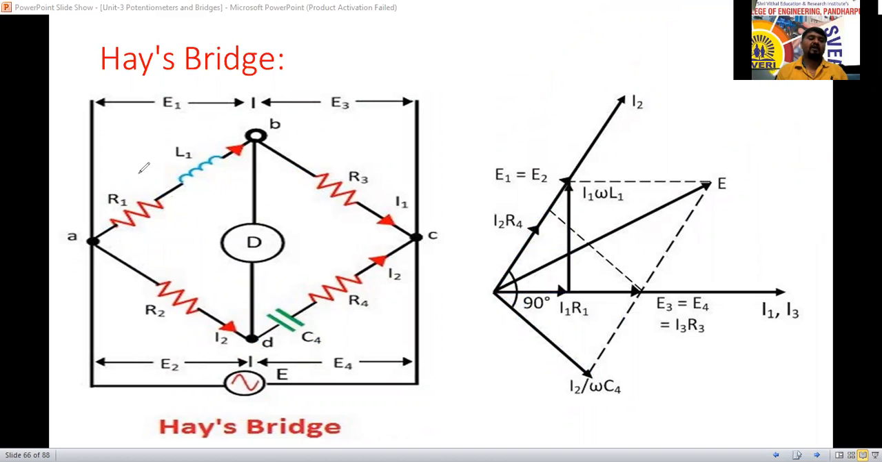We have to write the equation for the balanced condition. We know that Z1 Z4 equal to Z2 Z3. Z1 Z4 equal to Z2 Z3 here. So Z1 equal to R1 plus j omega L1. Z2 equal to,